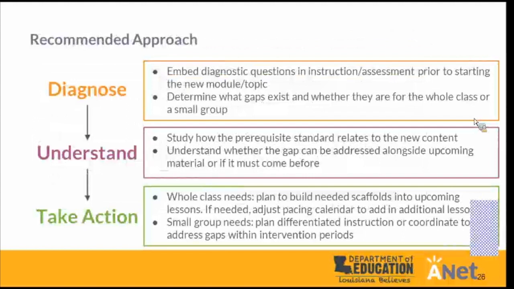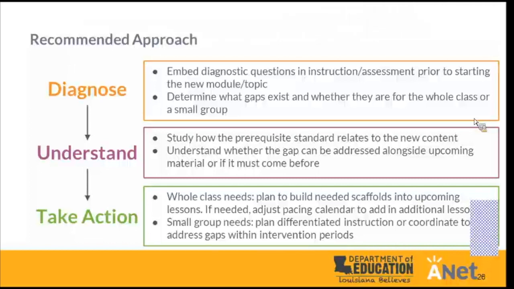So again, this is the process that we've been walking through over the past 2 diagnostics. We diagnosed using the embedded diagnostic. Some of the diagnostics are very short. Some are in the mid-range, which is how I would describe this one that we've been working with this week. And some are more